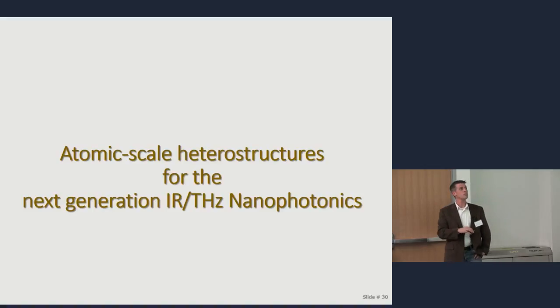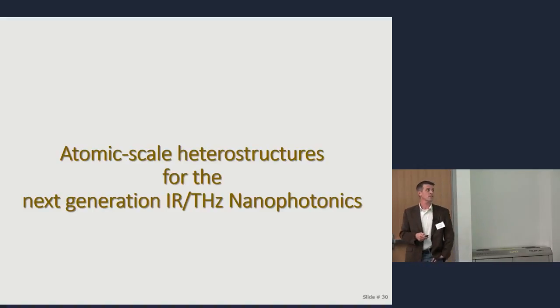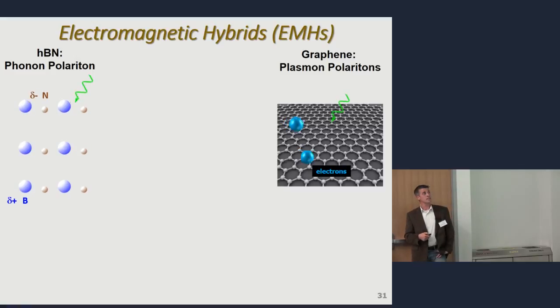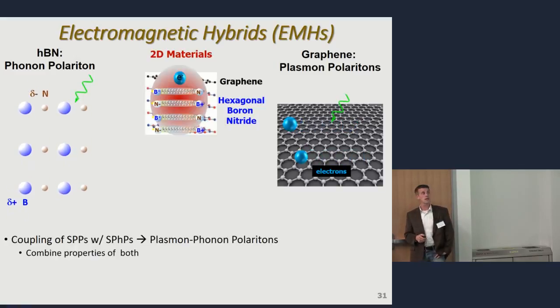Okay, so I'm going to breeze through this. This is just where I see things going, right? Everybody talks about atomic scale, or talking about heterostructure systems. Within the context of nanophotonics, this can give a lot of functionality, right? The reason being, in this case, if I can couple, say, phonon, plasmon, polaritons, I can create a hybridized mode that has some of the character of